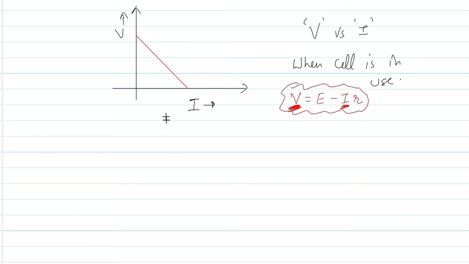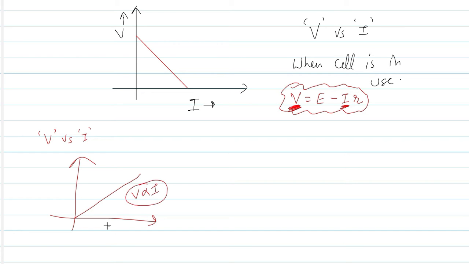See why I am telling you this: when it is about drawing the V versus I graph, many students usually draw this graph, but this graph won't be correct. This is V directly proportional to I, but students, try to understand that this happens only when we follow Ohm's law. This is in accordance with Ohm's law, right?